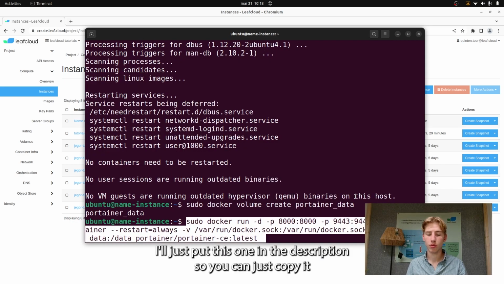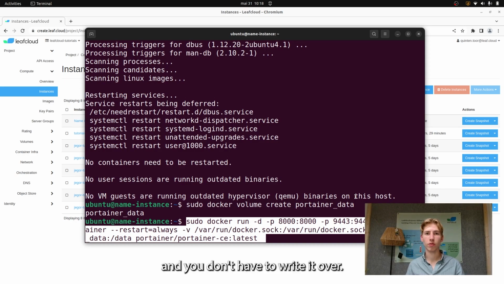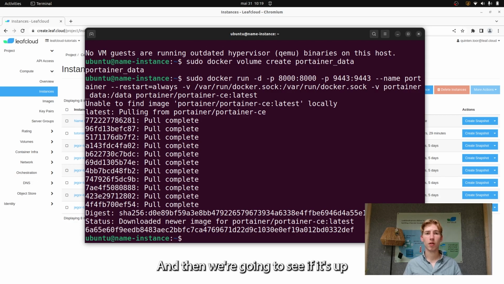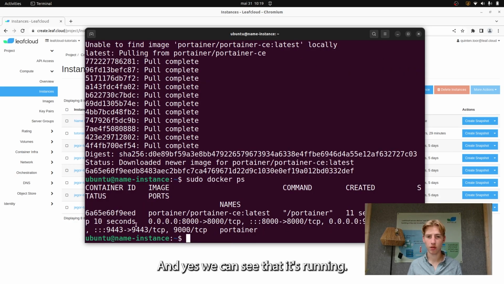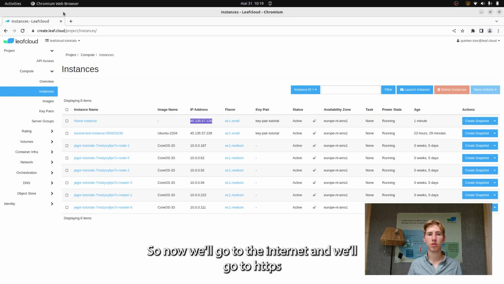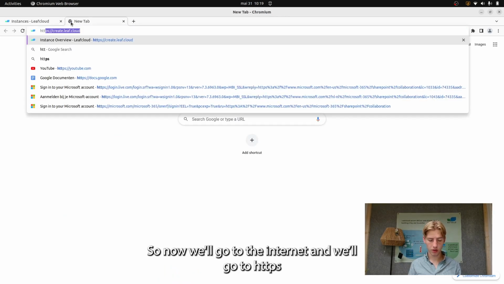I'll just put this one in the description so you can just copy it and you don't have to write it over. And then we're going to see if it's up by typing sudo docker ps, and yes, we can see that it's running. So now we'll go to the internet and we'll go to https,